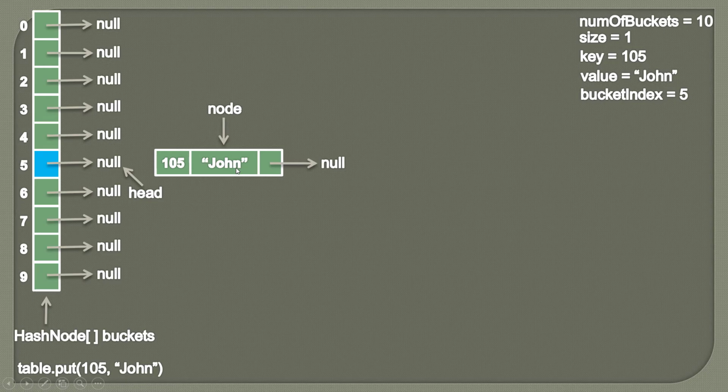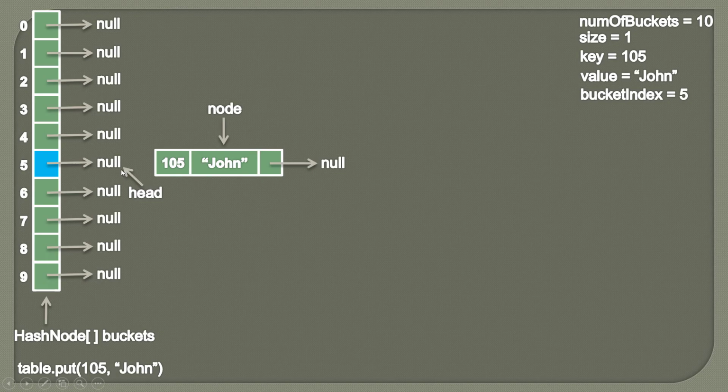In our previous videos we have seen how we can insert a node at the beginning of a singly linked list. So here the concept remains exactly the same. Now here you can see head is pointing to null. At the first step, as we want to insert this node at the beginning of the list, there could be a possibility that head is pointing to a chain of nodes, although currently there are no nodes. So at the first step we simply assign node next to head, because if node next is pointing to head, then only this node will be at the beginning of the list.